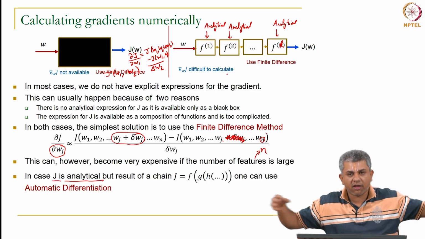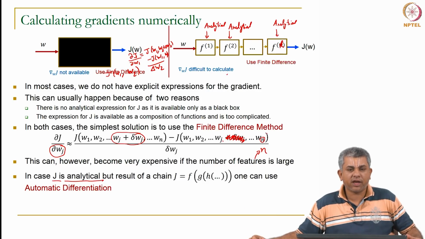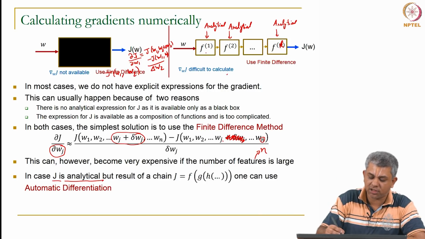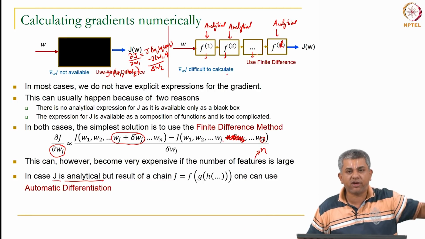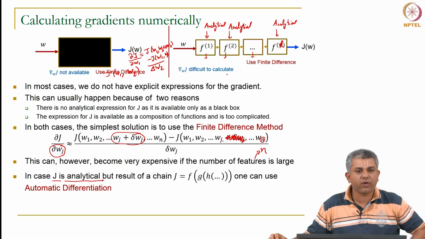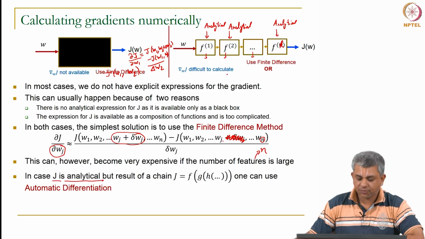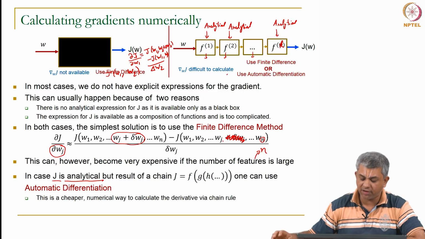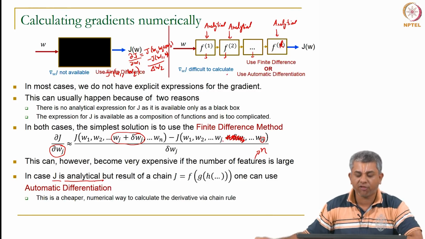Let us say you have k such chains, with k being 100, which is very common in something like deep learning. In each one of these cases, let us say this expression is linear, this is quadratic, this is linear again, it is impossible to write it down and differentiate it by hand at least, which is why the computer does the analytical differentiation, and this is called automatic differentiation. You use either finite difference or automatic differentiation, and automatic differentiation is the method of choice in case you have an analytical expression, but it is a result of multiple chains.